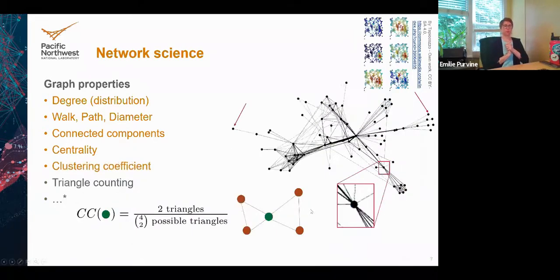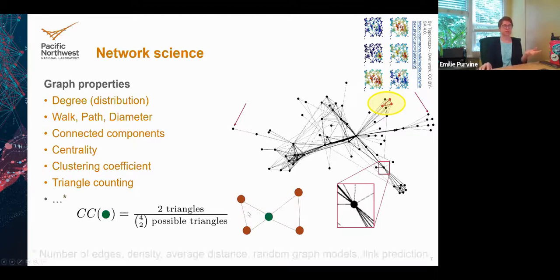All right, so beyond centrality, we can measure clustering coefficient. Centrality oftentimes is looking at a bigger picture. Clustering coefficient is looking just at the neighborhood of a vertex. How many triangles are there at that particular vertex? And then you can also ask about how many triangles are there scattered throughout the whole graph. These triangles might indicate some amount of clustering among the graph, if there's a lot of triangles versus if there's not a lot of triangles.